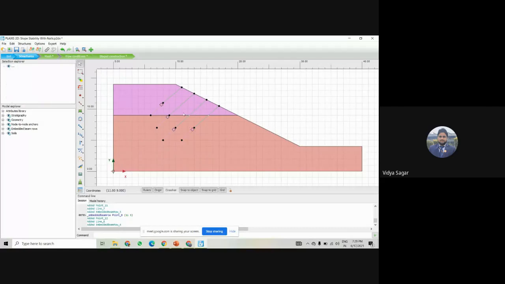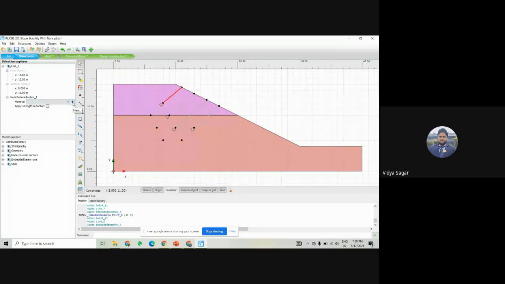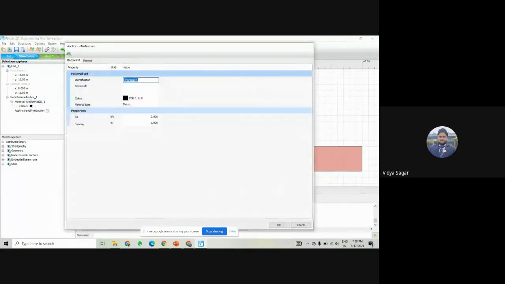So now I need to give the properties to it. For the property of this anchor, I can directly move here and assign from this part, node to node anchor.